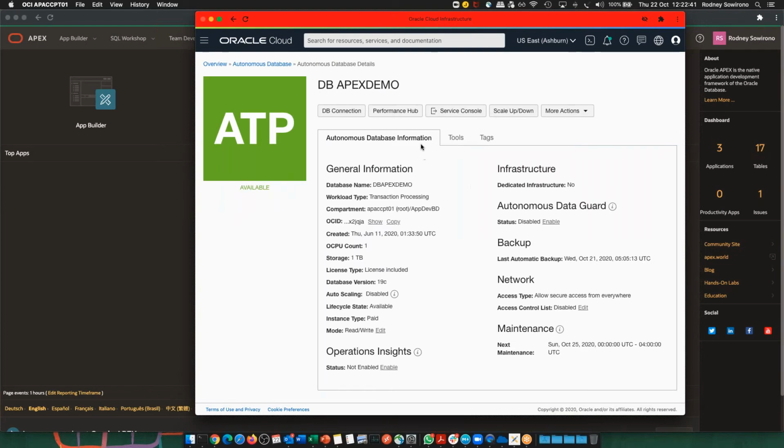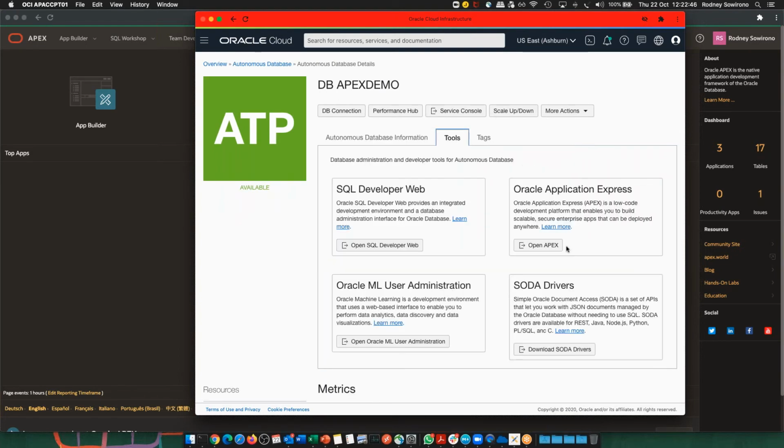And as you can see here, once I have created it, it will give me the different tooling. It will give me SQL Web developer web tooling. It will give me some machine learning user administration and some tooling to actually implement some of the machine learning capabilities within the database. It provides SODA drivers, but it also provisions Oracle Application Express, which is our Apex. Now, if you click here on open, then it will take us to the login screen of Apex,